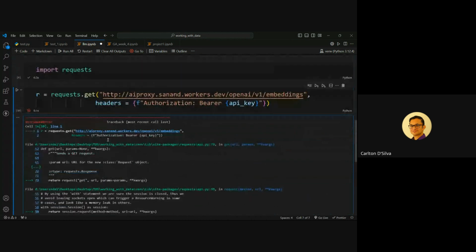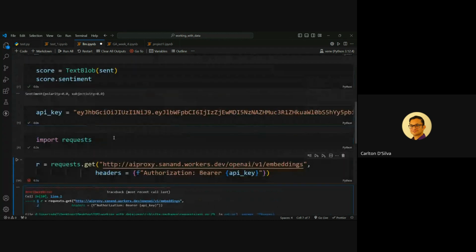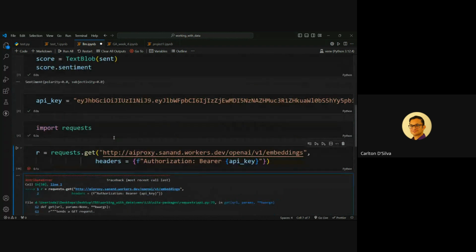Go up. So requests dot get, that looks fine. So you're using the wrong endpoint, right? The endpoint you're using should be V1 models, which we were looking at, because that endpoint only takes post requests, but you're sending a get request.